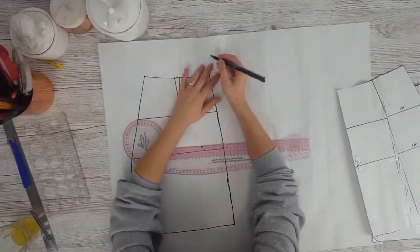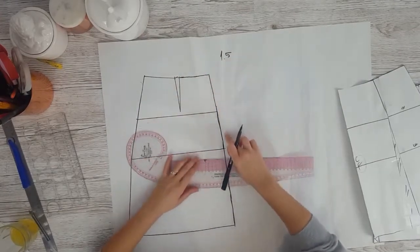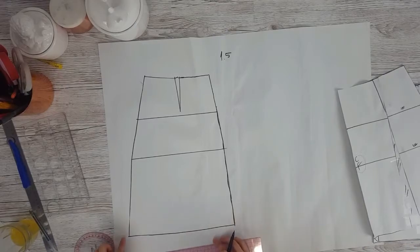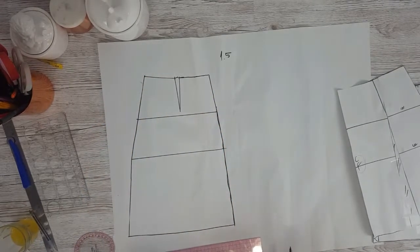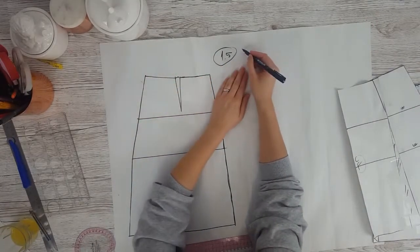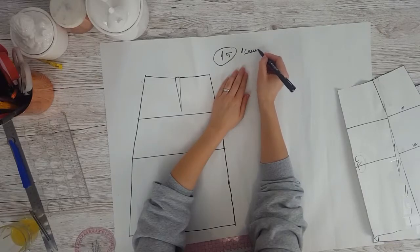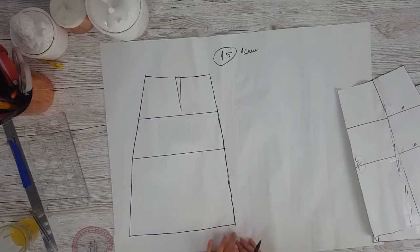Now that we marked everything, the next step is to add the seam allowances. The seam allowances on the side of the actual garment are going to be 1.5. We can make them longer or bigger, it's up to you. This is the standard. Around the waistband it's going to be 1 centimeter,